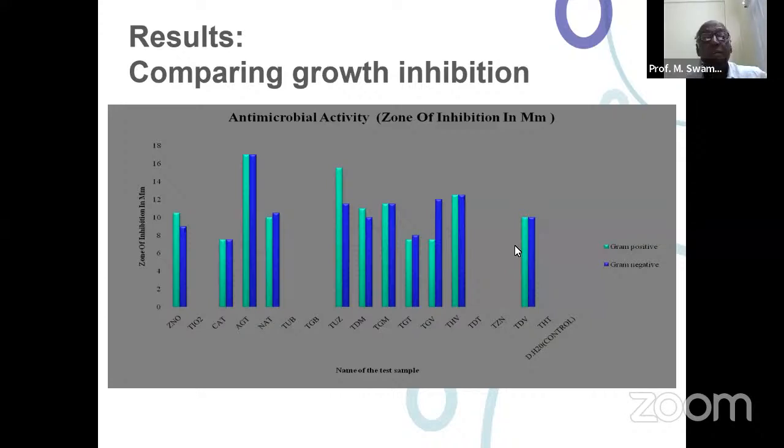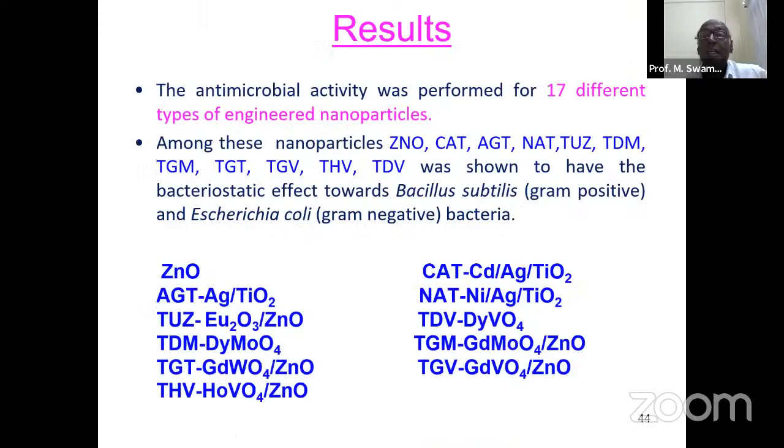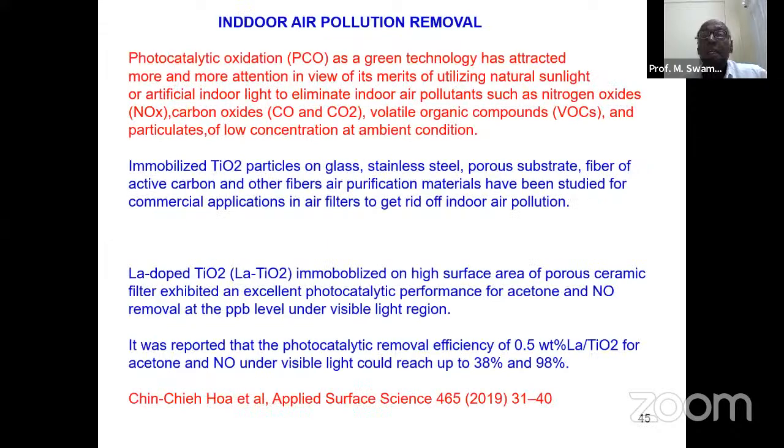And now we will see indoor pollution, air pollution. Photocatalytic oxidation is attracting more attention nowadays because indoor pollution is more when compared to outdoor pollution. For this, immobilized TaO2 on glass and stainless steel, on porous substrates, is being used, and they are able to eliminate nitrogen oxides, carbon oxides, or volatile organic compounds, and